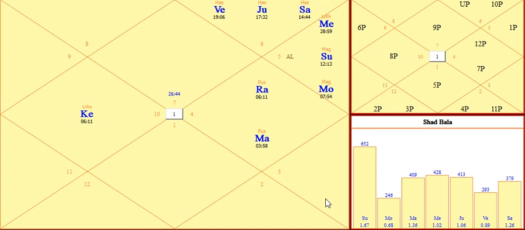But there is an important exception in Jaimini Pada: a Pada of a house cannot fall in the house opposite to that original house. So the Pada of the third house cannot fall in the 9th house. In that case, what we should do is count 10 more places from this house. 1, 2, 3, 4, 5, 6, 7, 8, 9, 10. So the third Pada will fall in the 6th house. If you see the Pada chart, 3P is written here. It is not written in the other house because of the exception we have to apply.